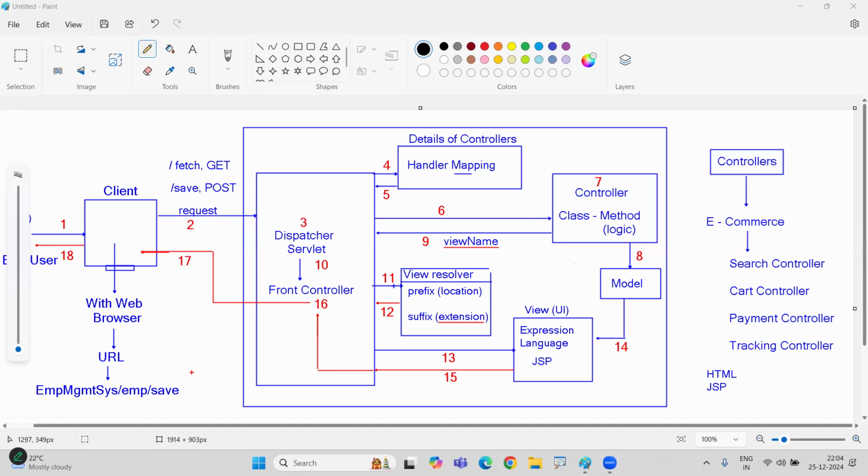Okay. This is all about Spring Boot MVC architecture, and everything